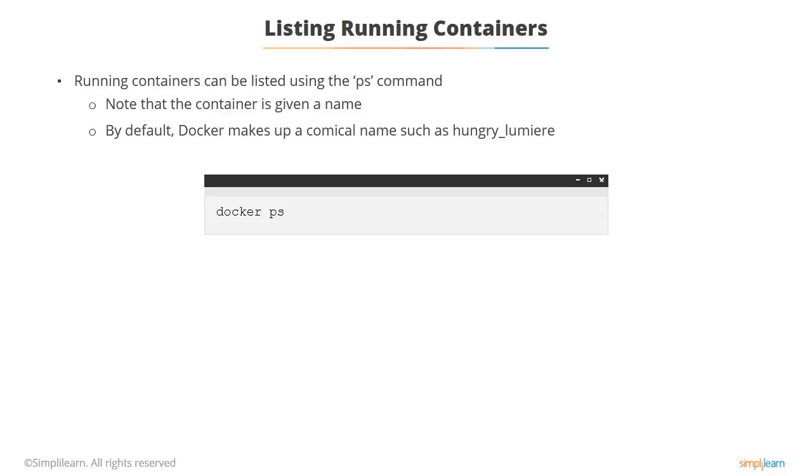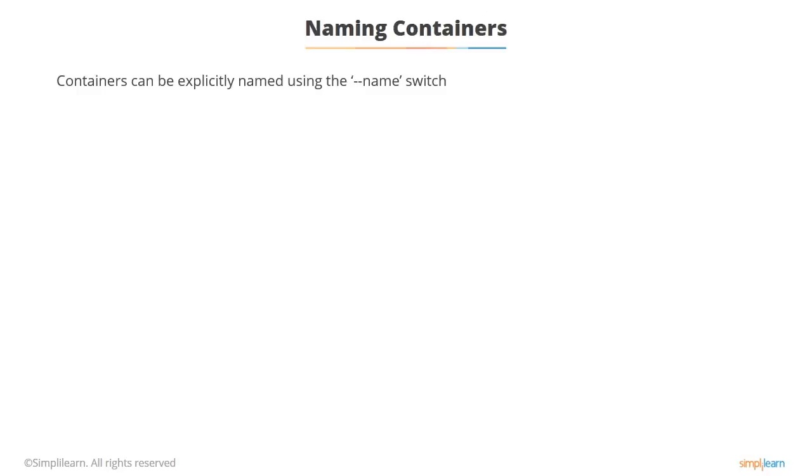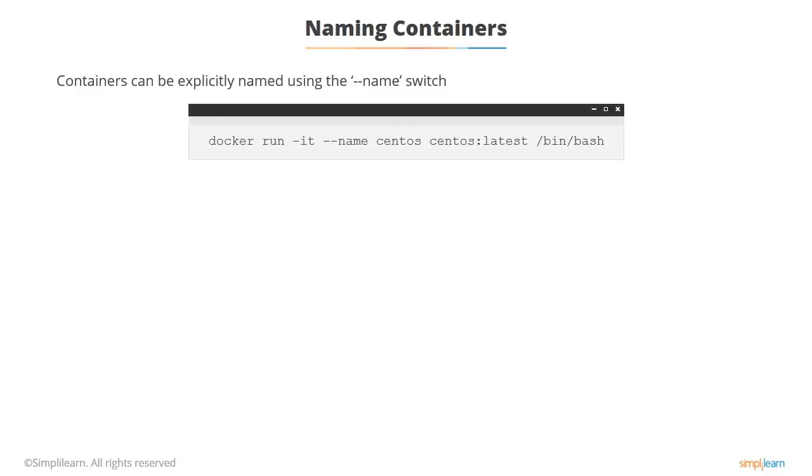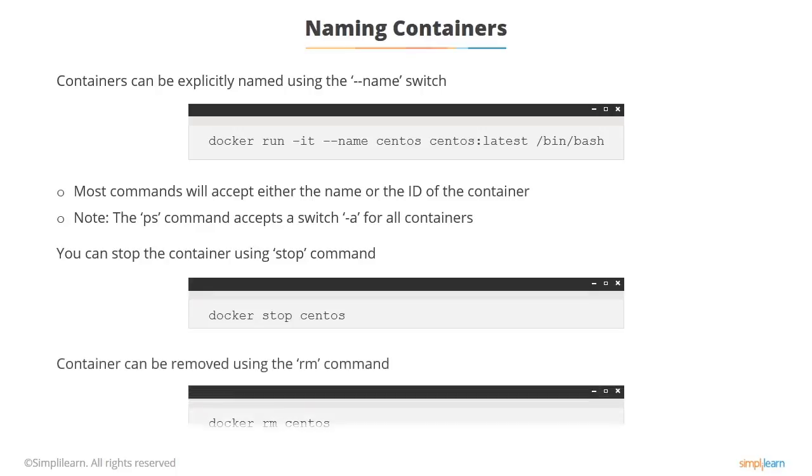So it's very useful. I always do this: docker run -it --name, and then give it a sensible name, because then you can use that name to control the container. So that's the first one, running the container. You can stop it using docker stop, and you can remove it. Docker rm deletes the container itself, which you probably want to do quite a lot of the time because you just throw it away. We'll talk about external file systems and what happens, because when the container is destroyed, everything that goes with it goes as well, unless you've attached some external storage, which we'll look at.